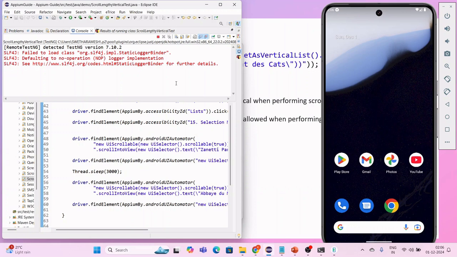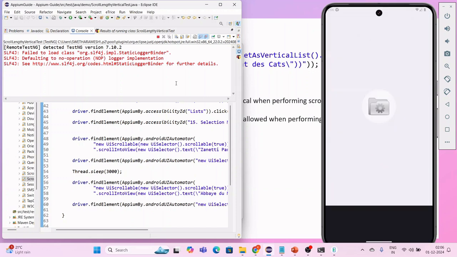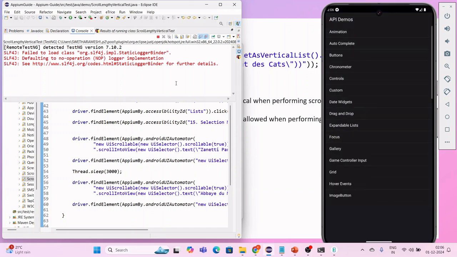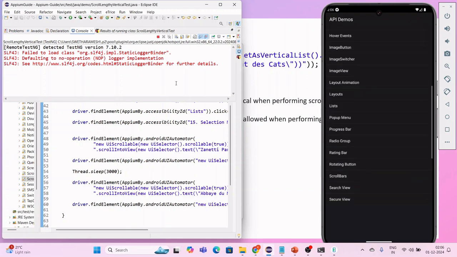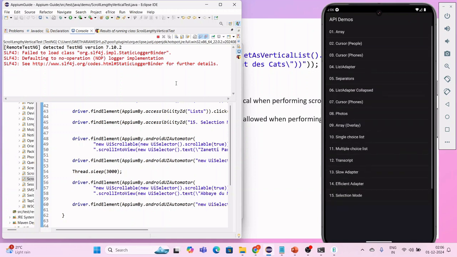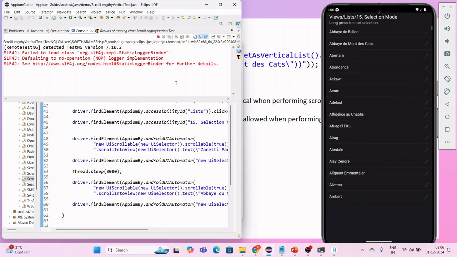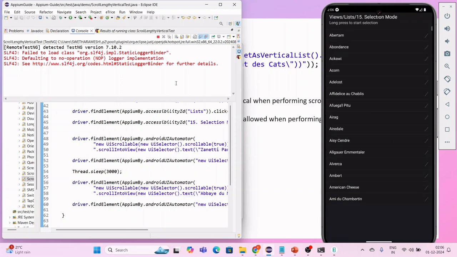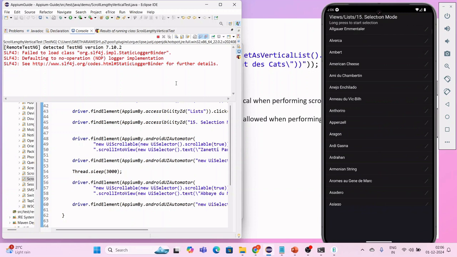Now it has to open the API demos app, click on views, just scroll to list. See, list is there, it has to click on list, then it has to click on selection mode. See, it has to scroll now. It's a lengthy scroll. Okay, see, 1